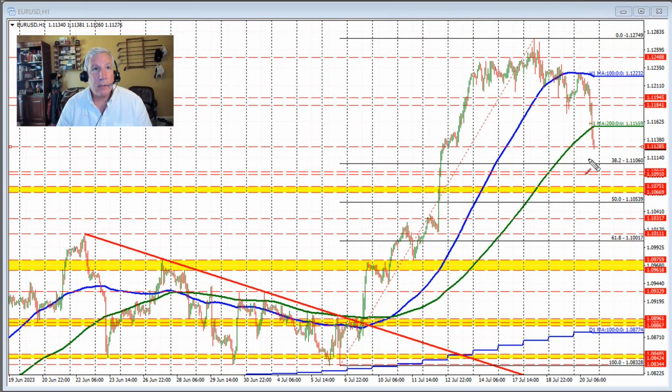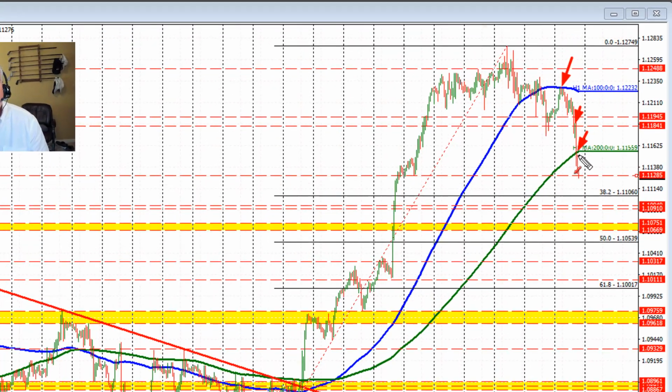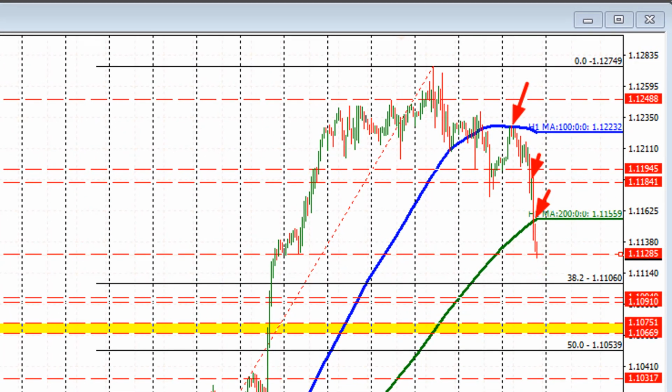Looking at the euro versus US dollar first, I spoke earlier today about the inability to get above the 100-hour moving average, and then the move below this swing area through here, and then the target was to get below the 200-hour moving average. Didn't have much problem doing that, and the corrective move to the upside against this moving average found sellers against it again. Now we're moving down to test this swing target near the